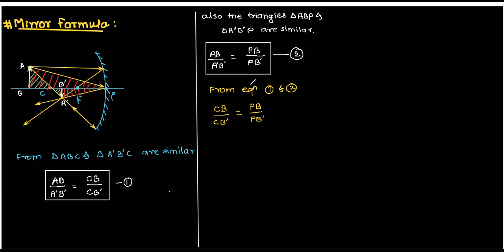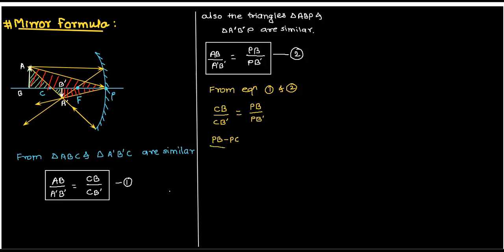Now, see in the diagram. C to B, C to B, C to B. C to B is PB minus PC. Where is CB? Here in the diagram, can you see here? This C to B, C to B, so this is PB minus PC. So shall I write here, CB is equal to PB minus PC